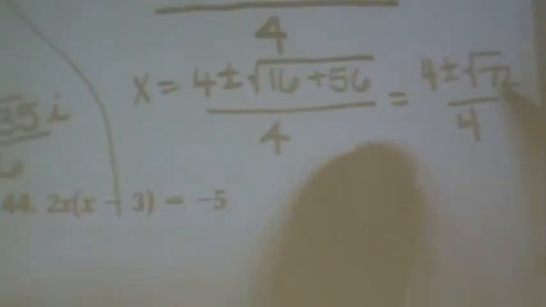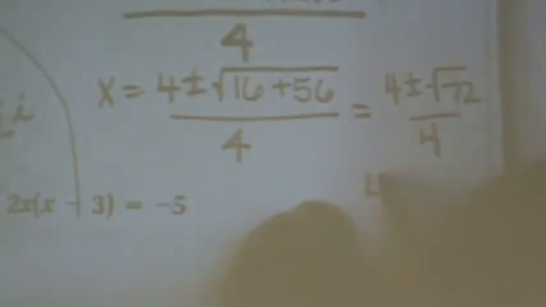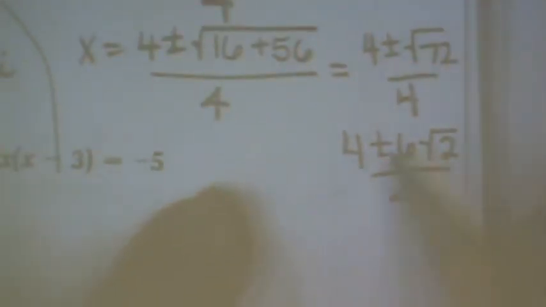And now the 72 is 8 times 9, and 2, 2, 2. So it's 2 times 3, which is 6. 4 plus or minus 6 root 2 over 4. And you can take a 2 out of all three of these. So it's 2 plus or minus 3 root 2 over 2. That one did not have the i. That's if that's a plus. If it were a minus,